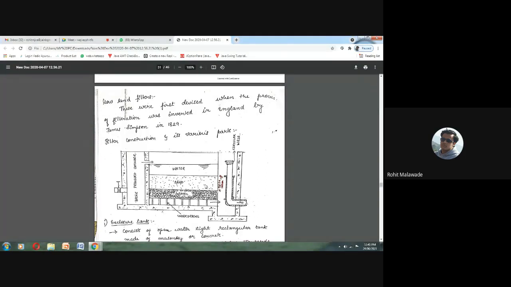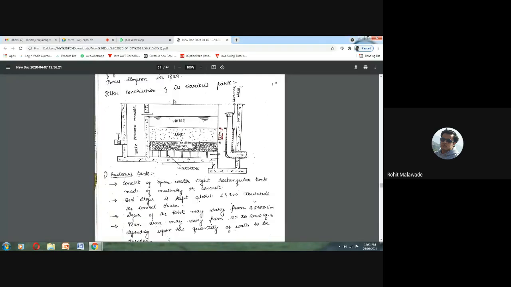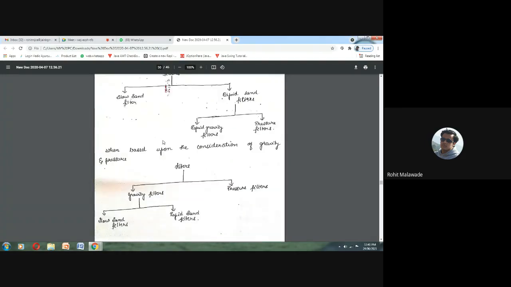So we are going to remove the very fine suspended particles from water, and then from the sand, and then again we are going to refill it with a new layer of sand, and then we are going to compact it, and then we are going to take the water out through your under drains. So we are going to fill it. We are going to take the top layer of sand, 3 centimeter. Then we are going to have the raking and all for 40 centimeter. Then again refilling, and then the water is going to be added into this particular slow sand filter. So this is how we are going to have the cleaning process of our slow sand filter.